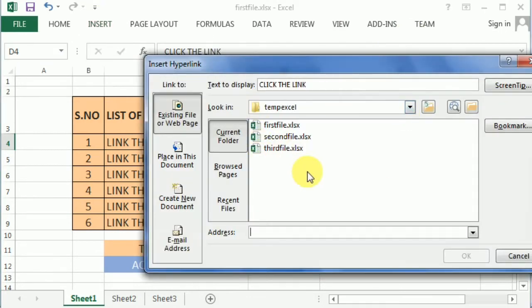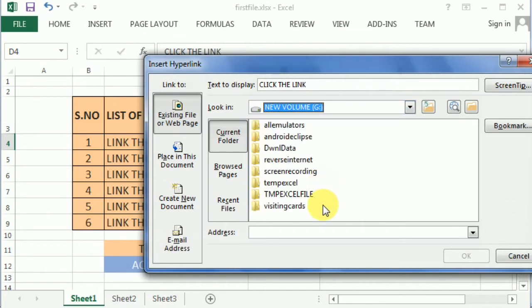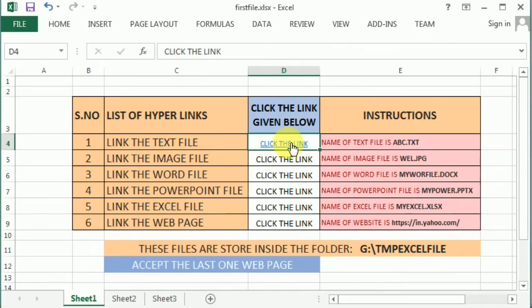Now select the file that you want to link. My file is in the G drive. So click on G drive, select the file abc.txt and click OK. Now it's a hyperlink. Same way, go to the next one.